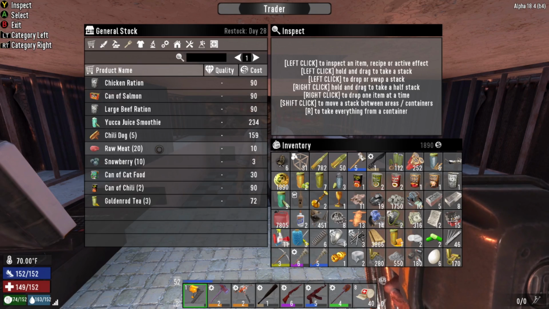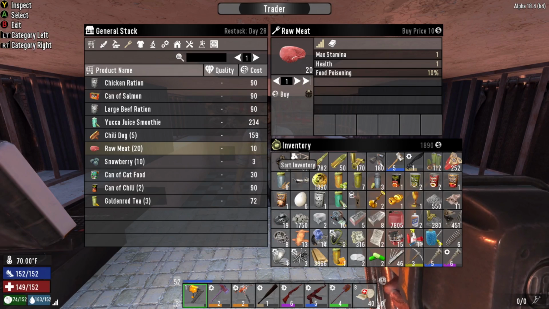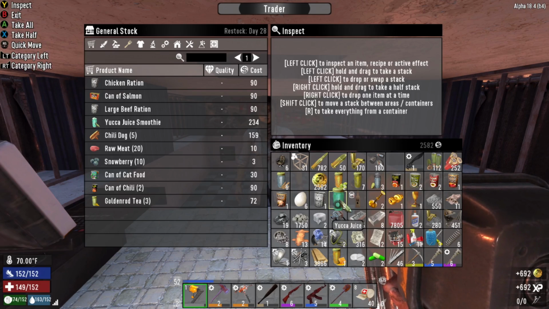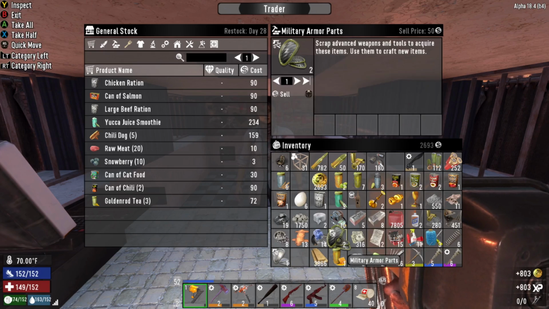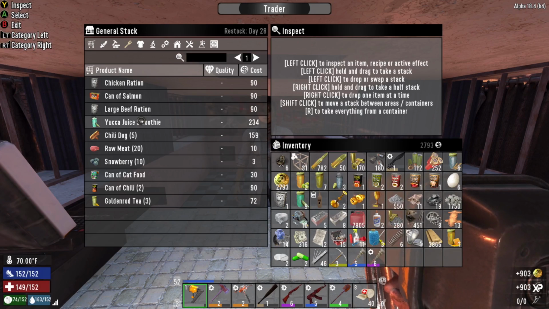Okay, here we go. I wanted to buy... I usually... Oh, I can't. I'm out. Shoot. Yeah, that's gone. Do I have? I don't need those. What else? Stun baton parts. Yeah, we can get rid of those. Military parts. I'll never build any military gear. Not that it isn't good, but